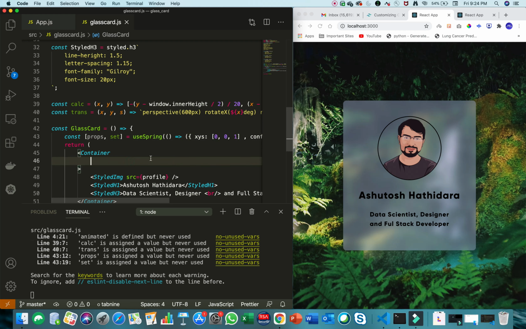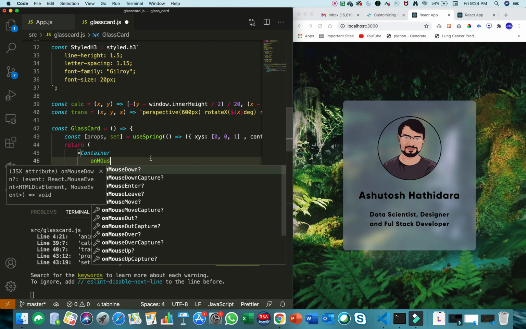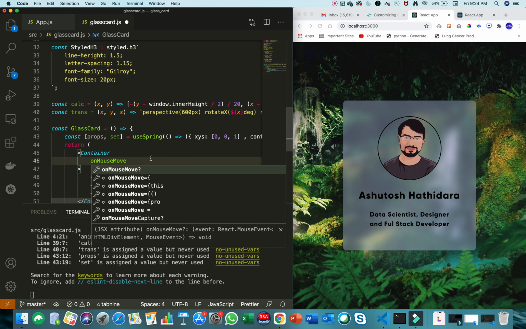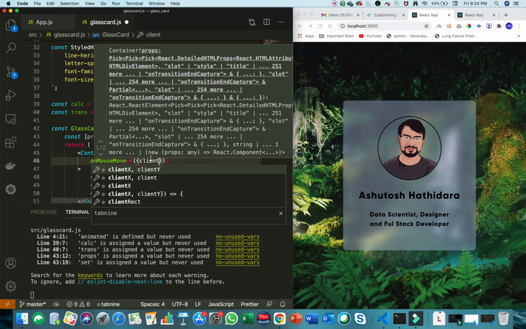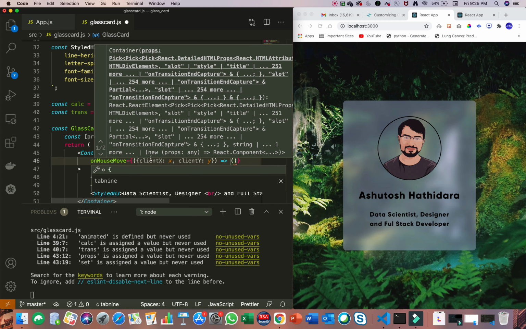First of all we'll define a parameter on mouse move, and this will have two elements, that is client x, we are going to call it x, and another is client y, we are going to call it y, and they will be passed to the function which we are going to write.